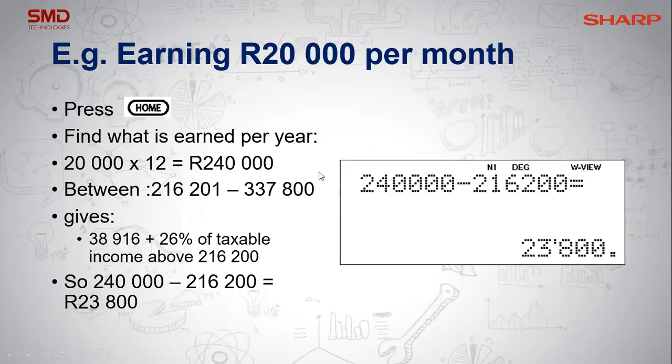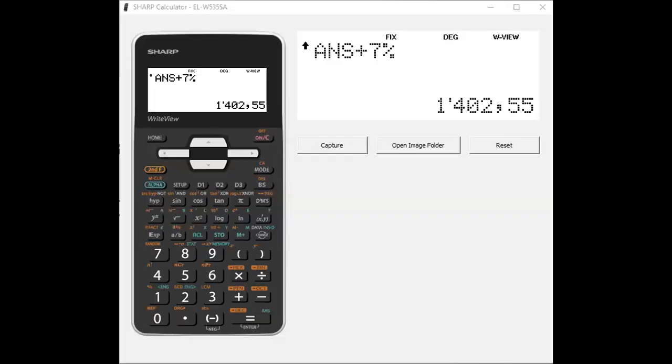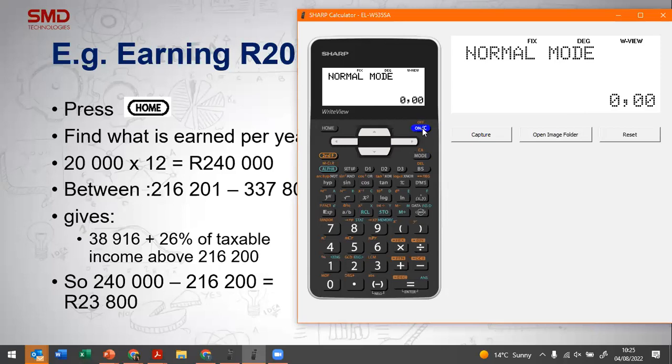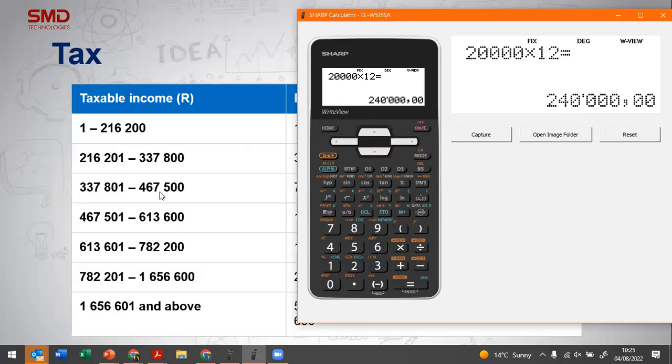Okay, so let's say, for example, we're earning 20,000 Rand a month. So on your calculator, the first step that we need to do, and I'm just going to share both screens with you so that we can follow, is we're going to calculate how much money per year they're now earning. So 20,000 Rand times 12 months in a year gives us 240,000 Rand per year that we've now earned. So this means that it falls in this bracket here, 216 to 337,